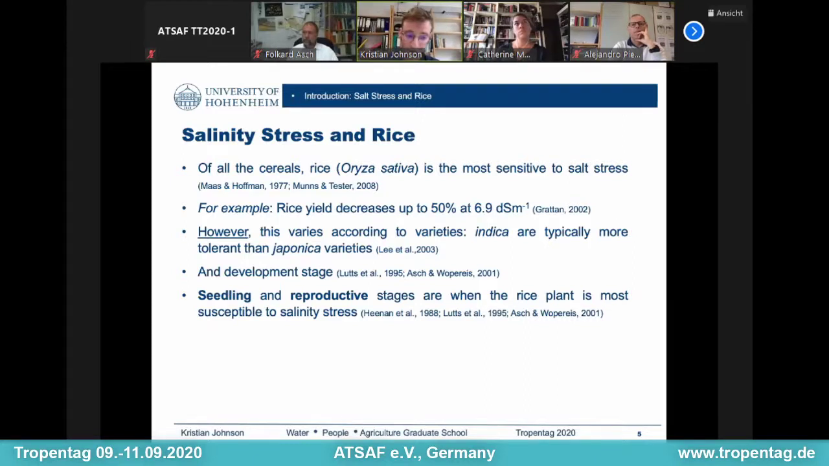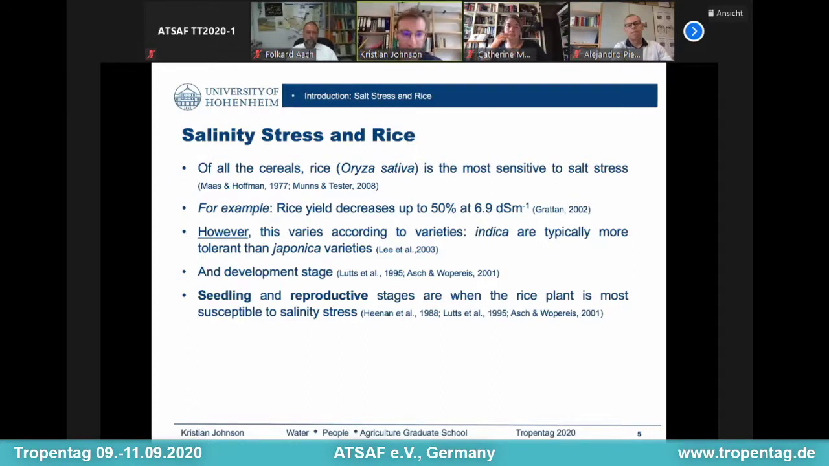And then of course, it also depends on development, which complicates the story even further, in the sense that a plant and its tolerance can vary over a period of time just by virtue of what development stage it happens to be in. And what has been discovered over time in rice is that it tends to be most susceptible to salinity stress in the seedling and reproductive stages, as shown by the illustrious authors below, one of which is